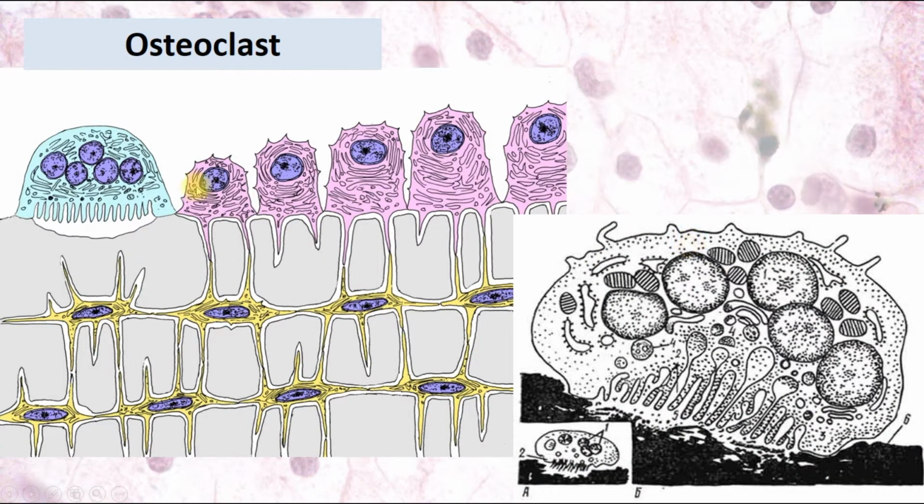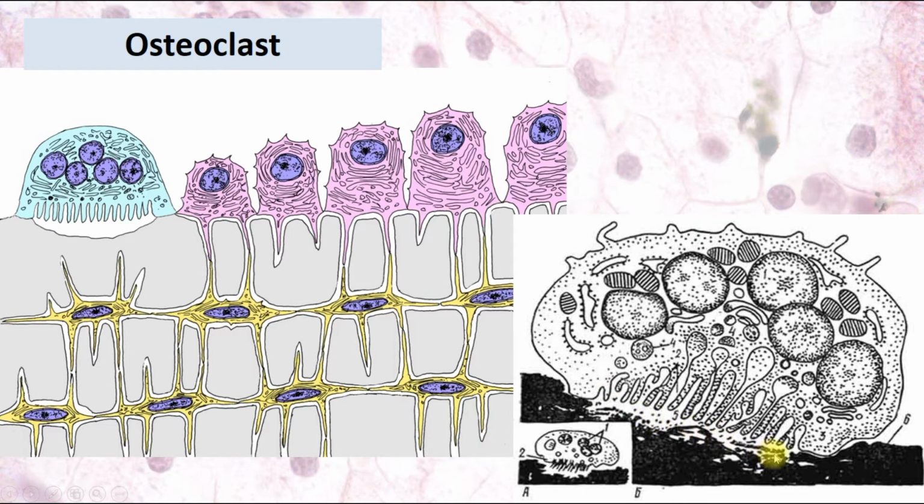And also we have osteoclasts. Here we can see osteoclast. It's a supracellular structure. It derives from monocytes of blood. They migrate into the bones and they fuse and form osteoclasts. Here we can see this cell. It's a huge cell and it has numerous nuclei, we can see them, and also it has a folded membrane. Here we can see the folded membrane, and via this membrane osteoclast releases different hydrolytic enzymes and also acids, and they